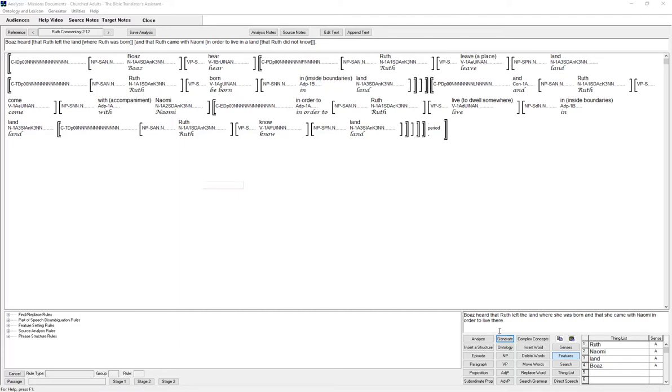Okay, that's wrong, because it is saying she moved to live in the land where she was born, because there would have the antecedent of the word land that was used earlier in the sentence. In other words, there would refer back to land that's earlier in the sentence. But it's a different land. See, she left a land, and then she's moving to a new land that she doesn't know. So why did it come out this way?